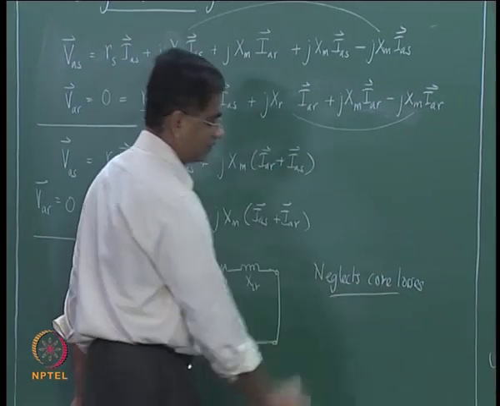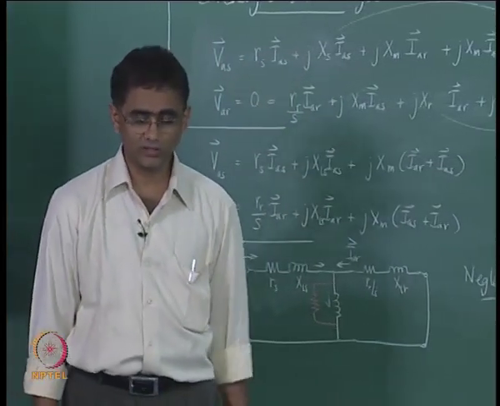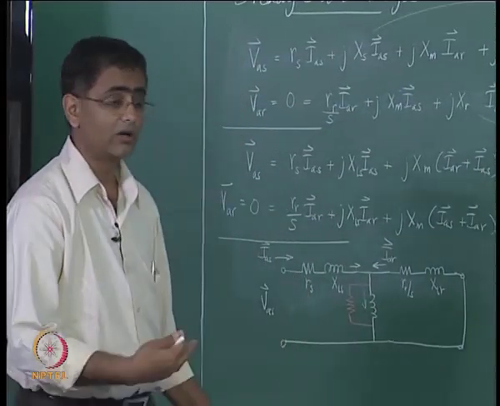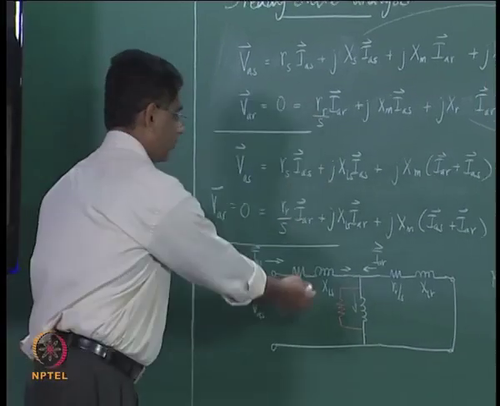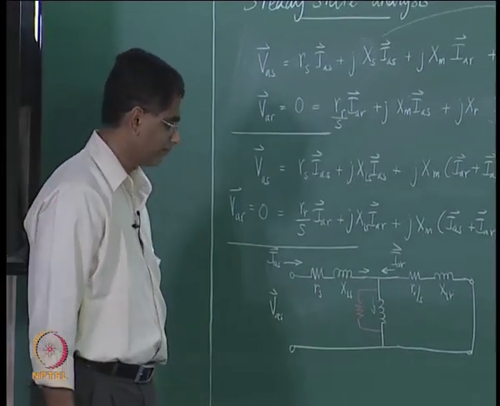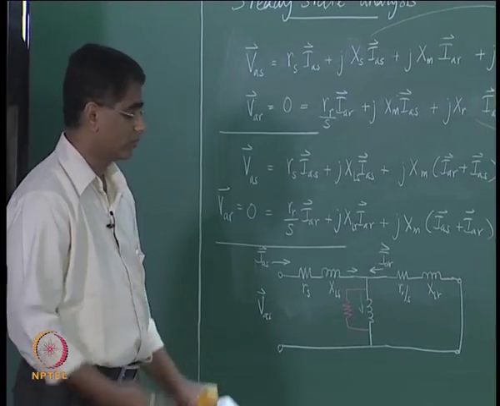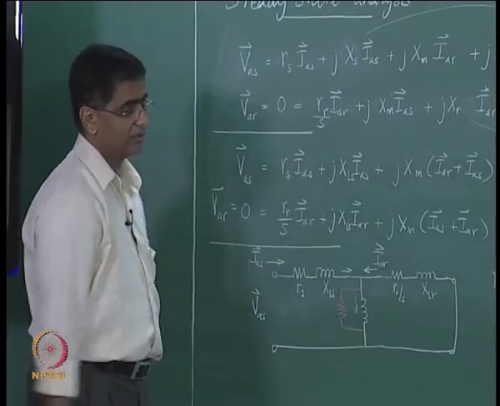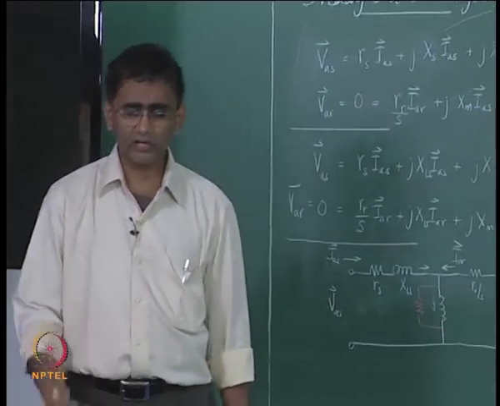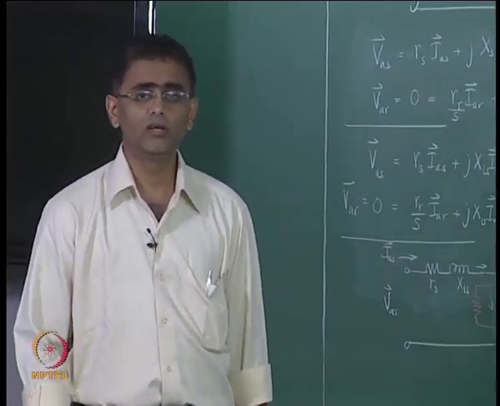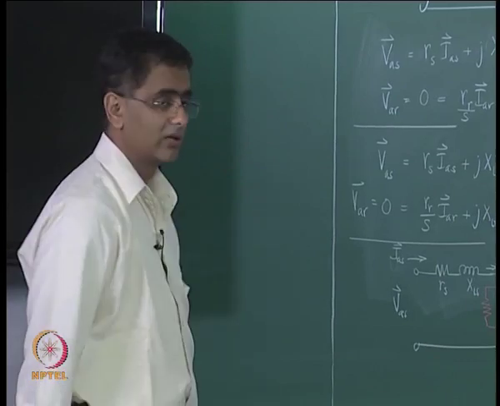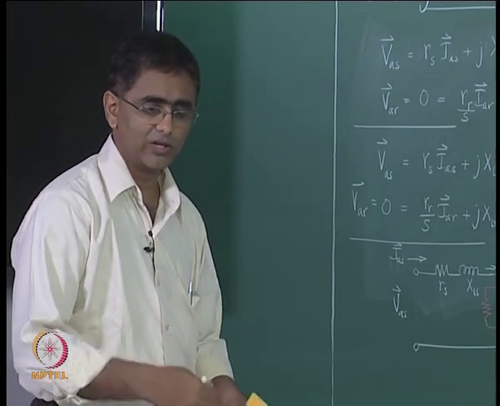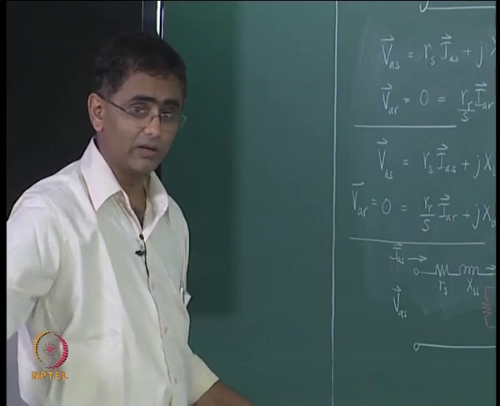Since we have not considered the effect of core losses in this development, it is not represented in the formulation that we have done, it does not come out in the equivalent circuit also. So, if we neglect core losses, whatever we have derived as the induction machine equivalent circuit is still applicable in comparison with what we had studied earlier